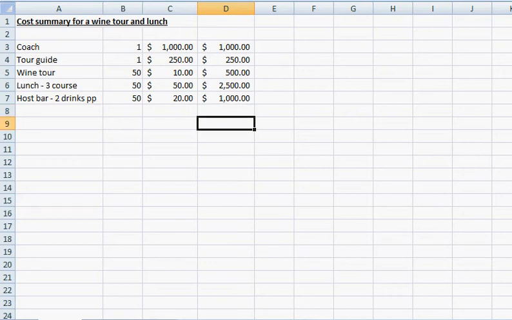We have the components of our program. Now we need to total it. So we know to take 50 people by coach with a tour guide for a tour and a 3-course lunch with drinks is going to cost $5,250 per person, or sorry, total. If you want a per person price,